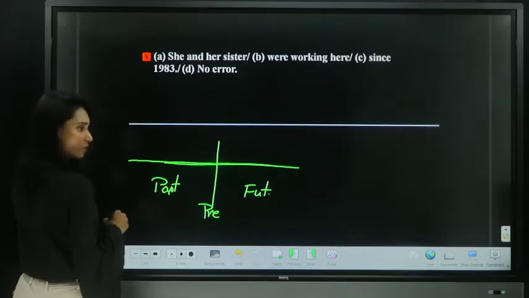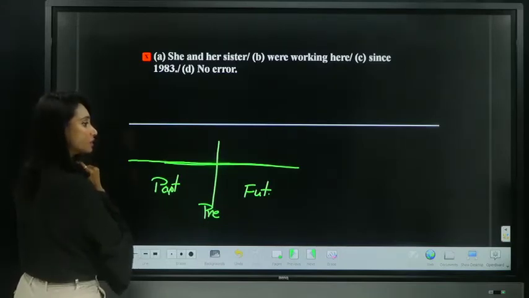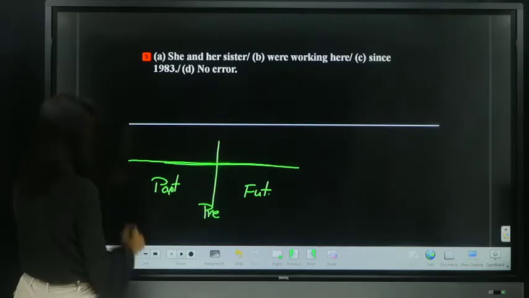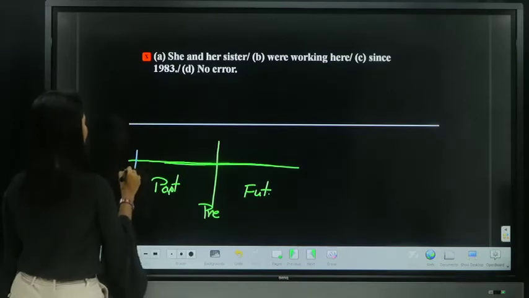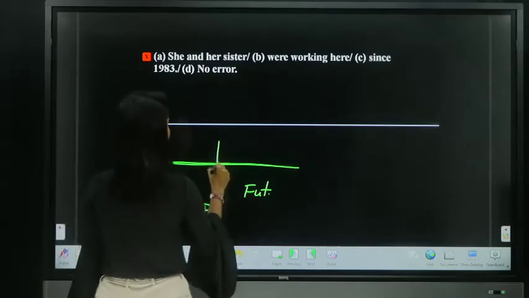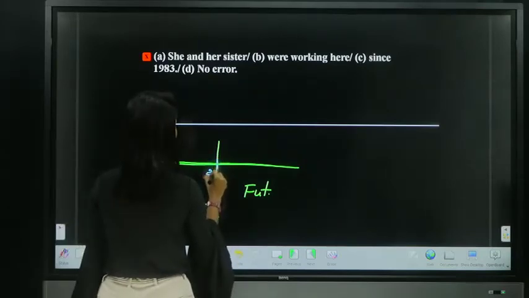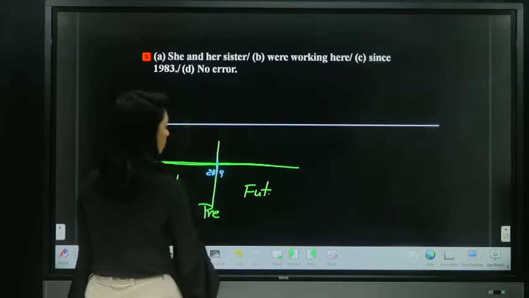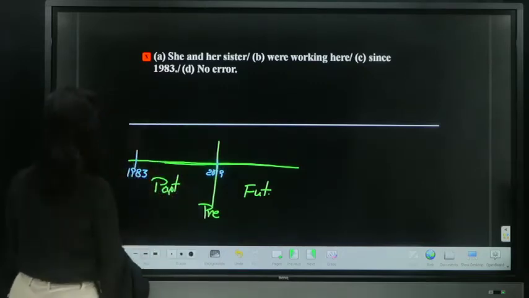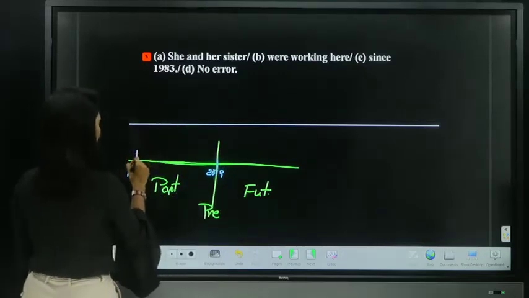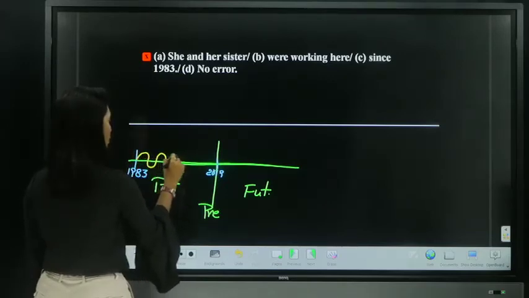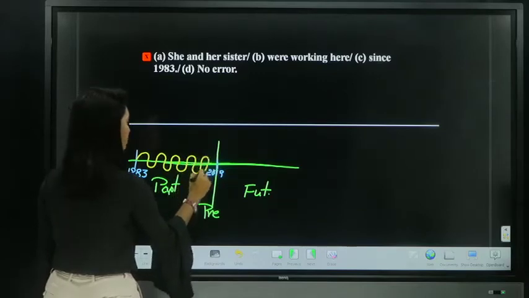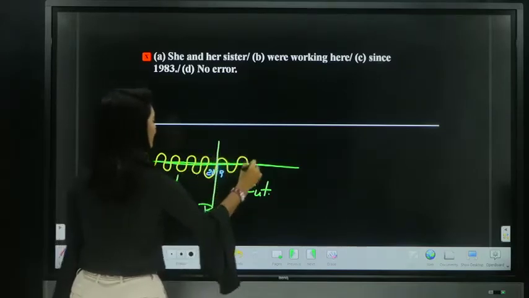Yes, there we go. So, Angela, no. Just think again. Swapna, you're correct though. We are talking about the action which started in 1983, and we are currently in 2019. Now, action started when? Action started in 1983 and it was going on and still it is going on, because it is mentioned that